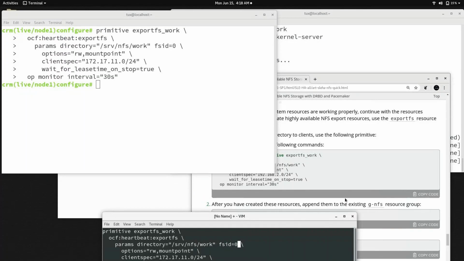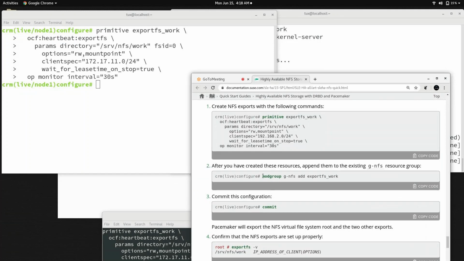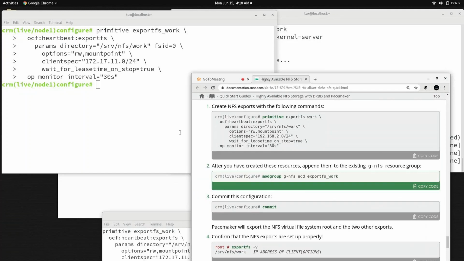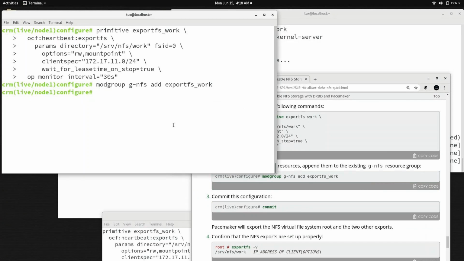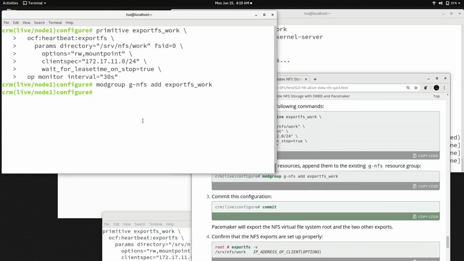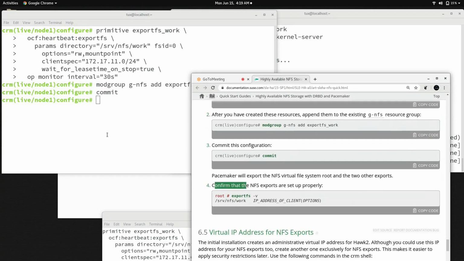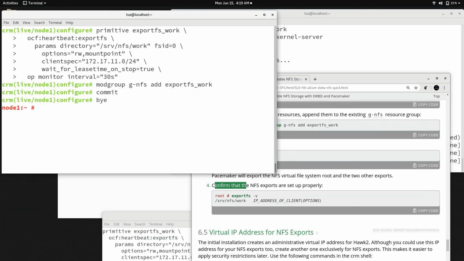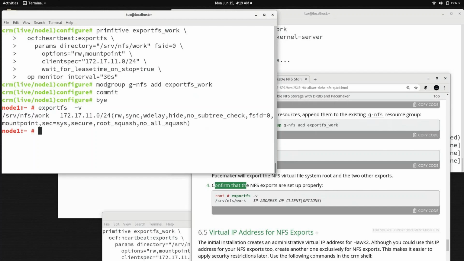And now back here, adding a resource under the group, so that it would be a part of the same group. The beauty of the group is that everything which is a part of the group will be running on the same node. So yeah, that is done. Let's commit, and I hope there is no error. Yeah, there is no error. Next, you can also confirm that, because that resource is now managed by the cluster. So I'm expecting there would be output, and yes, the output is here.